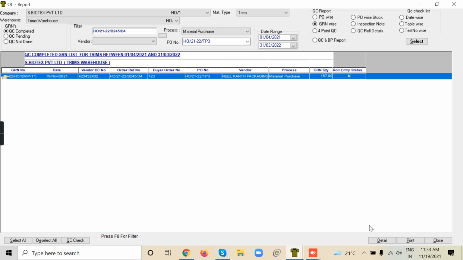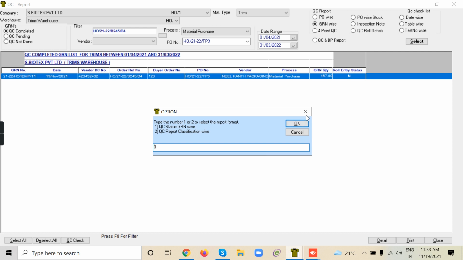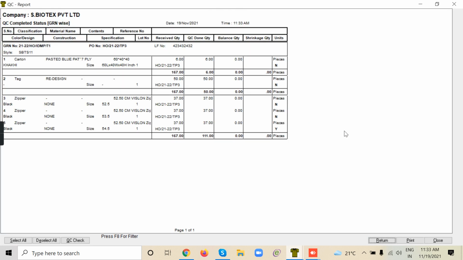Select, see the detail, different formats, and just see the details.